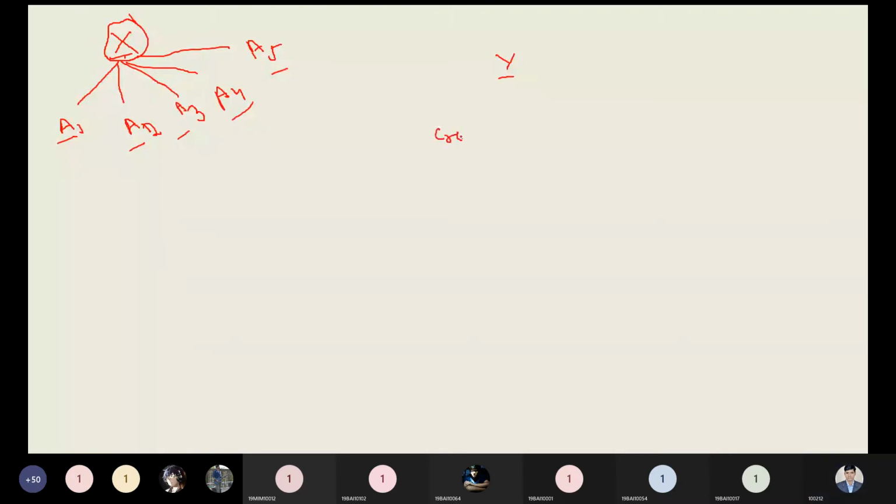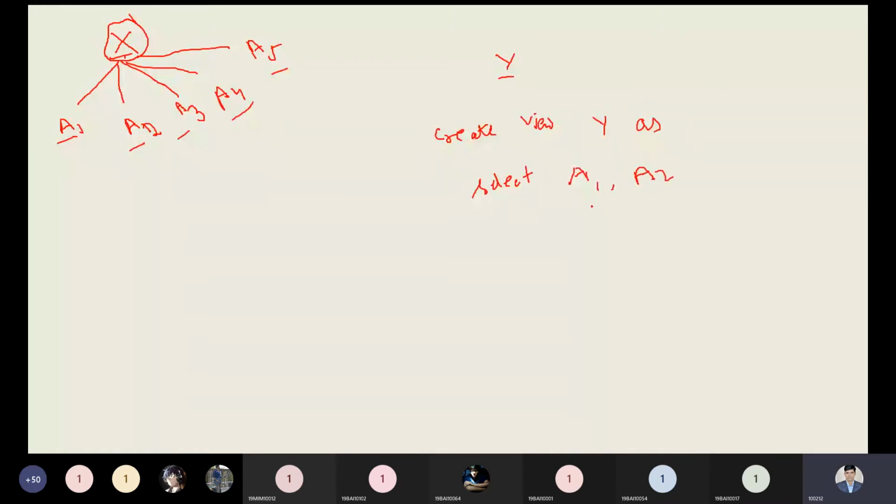Create view. What is the name of the view? That is Y, as select. Which attributes do you want to see in your view? Please tell me which attributes or how many attributes you want to see, among A1, A2, A3, A4, A5. A1 and A2. Okay, good. So A1, comma A2.